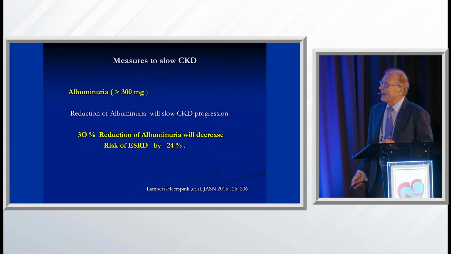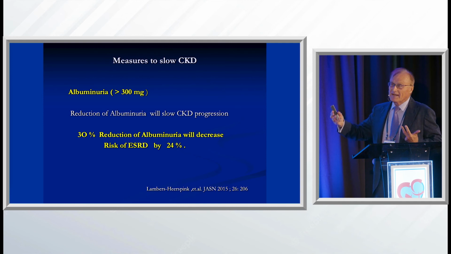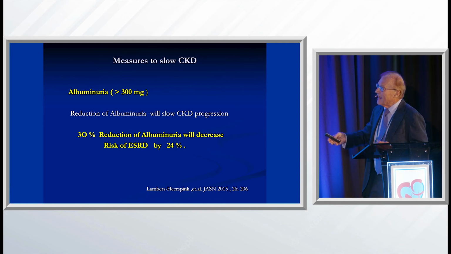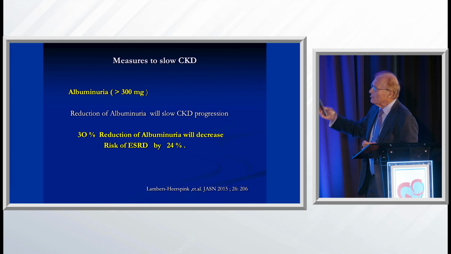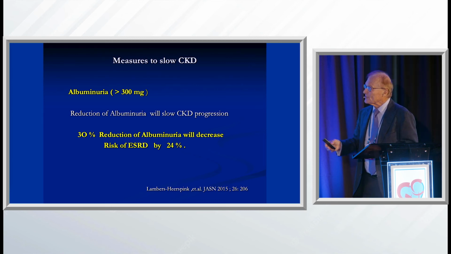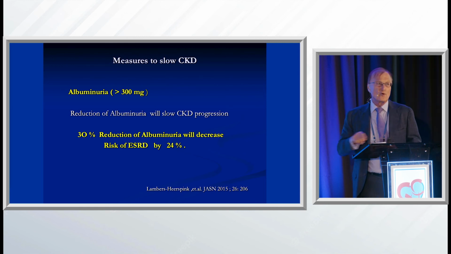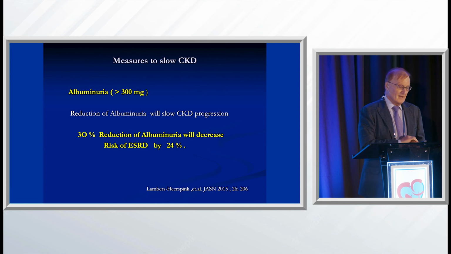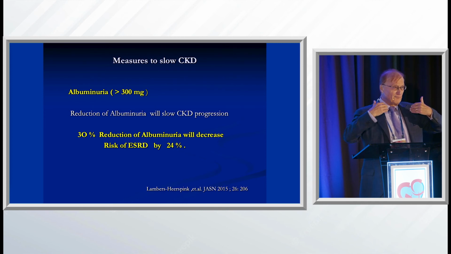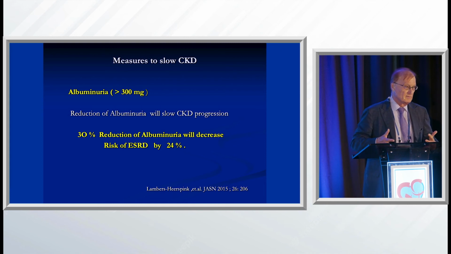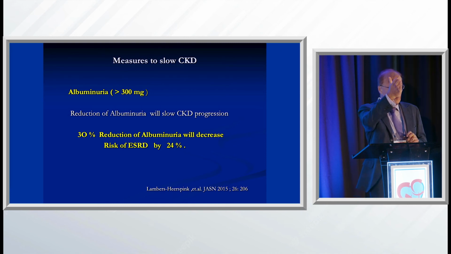Okay. And so just to give you an idea why I'm harping so much about albuminuria: if I am capable of reducing albuminuria by 30%, I will reduce your risk to go on dialysis about 24%. Okay? Let me give you a wonderful example. Your eGFR is 45, and you're losing about 4 ml of kidney function a year, as a diabetic or non-diabetic. Okay, so you had 45, you lose 4 ml.